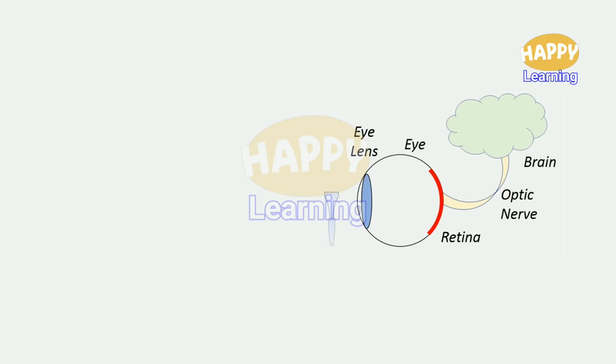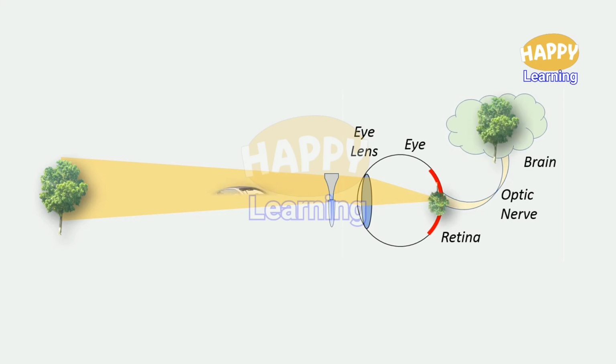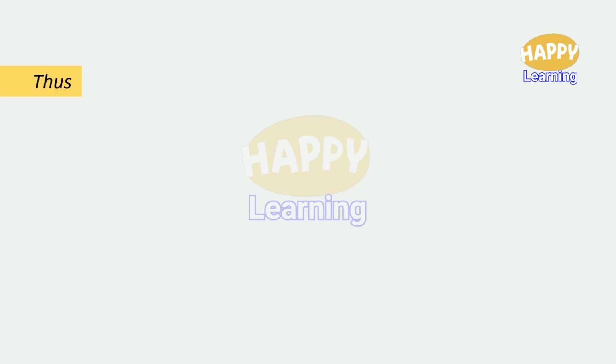When a mixed lens is introduced as spectacles in front of the eye, the rays coming from the object at longer distances are passed through the concave part of the mixed lens and they are finally converged to the retina, giving a clear image on the retina. Whereas the rays coming from an object at shorter distances are passed through the convex part of this mixed lens and they are converged to the retina. A clear image is formed on the retina and the clear image is read by the brain. Thus, presbyopia is corrected.